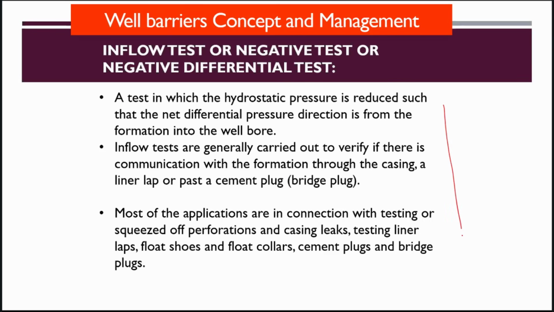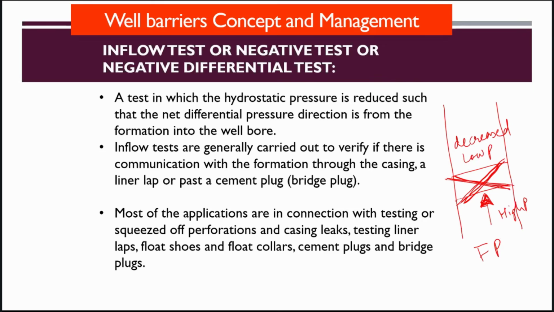If you see this is a well and this is a barrier, you can test it in two ways. One is, you have formation pressure from below, okay? Formation pressure is there. And from above, you decrease the pressure, low pressure, you bleed off pressure from above the barrier. Here you have low pressure, and this side you have high pressure. So if your barrier is working, you will not see any leak up, right? There will be no leak due to pressure differential because it is holding the pressure. But if your barrier has failed, it means this pressure will leak and come up. This is called a